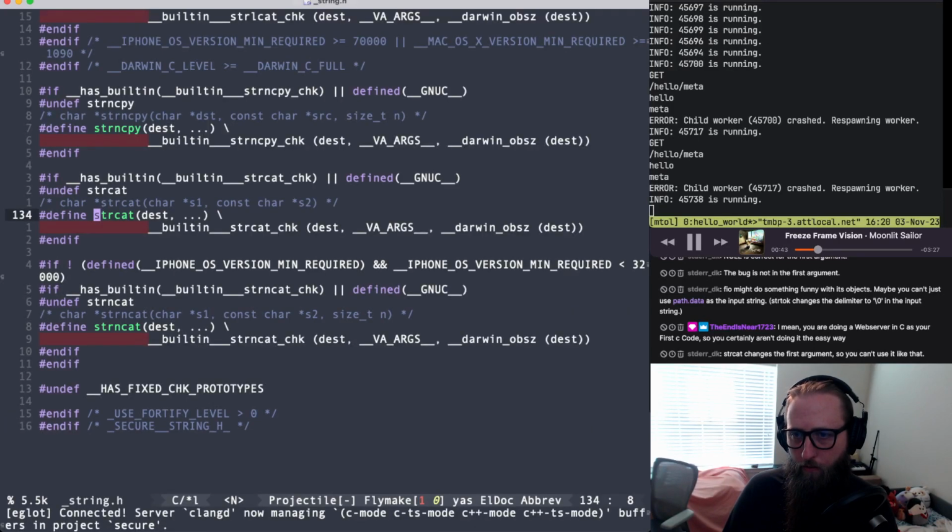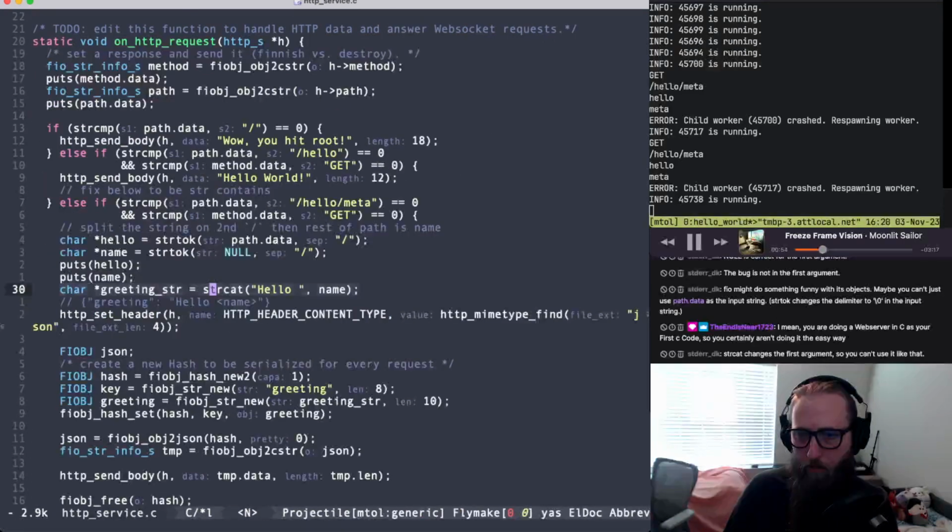Can I go to a header file that tells me what's up? strcat: char *strcat(char *s1, const char *s2). Oh, so that's probably the issue. Okay. So then what I need to do